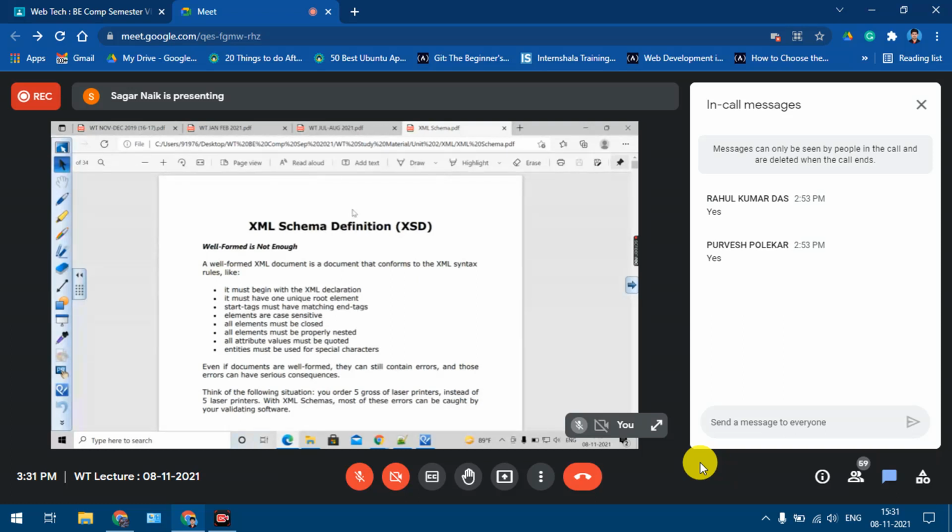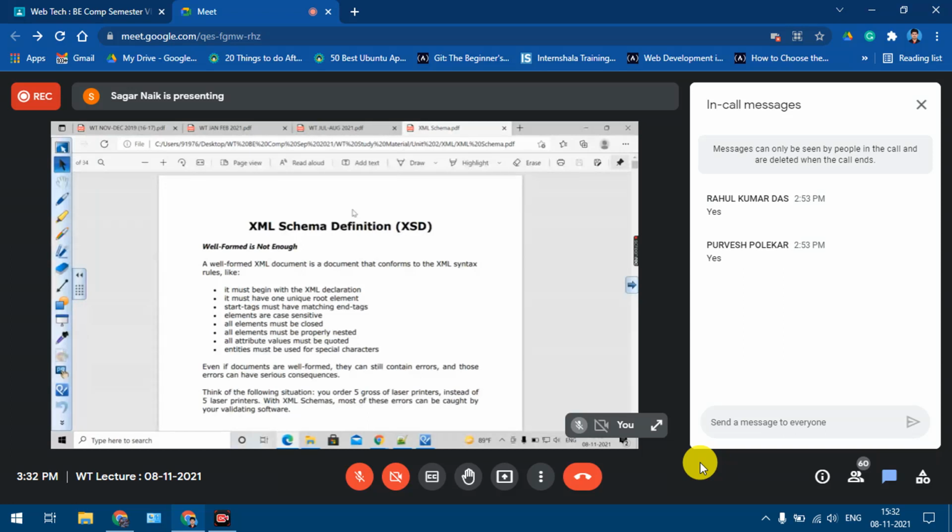Okay, the first thing we are studying, whenever we are studying any new language, the first thing we are supposed to know is why we are studying that language. Yes or no? So HTML we studied to design the web pages, then CSS to style the web pages, JavaScript to validate the pages, yes or no, to make the page dynamic, to have the user interaction. Then we went for XML.